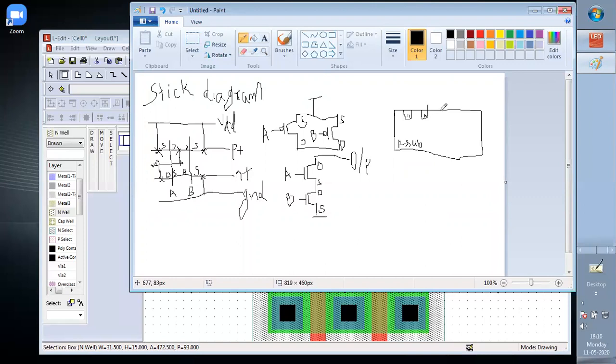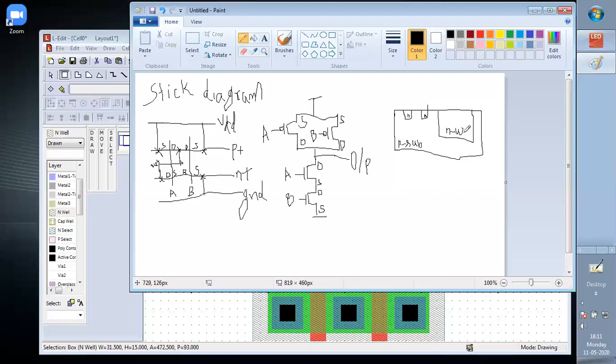Then, to create on the same wafer, this P-type substrate is called the wafer. In the same wafer, we have to draw the PMOS also. For PMOS, the body should be N-type. For that, we create the N well. So this is the N well.